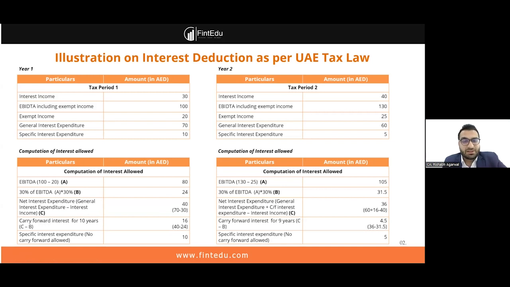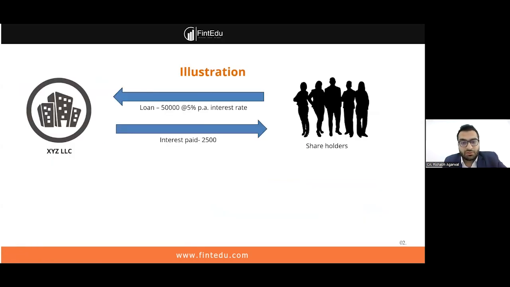So overall, UAE has kept a little narrower scope, but wide enough to cover a lot of things. How we'll see, because the definition of what interest is in itself is very broad. We'll see that. Before that, one small illustration on one of the practical challenges, which was on shareholder